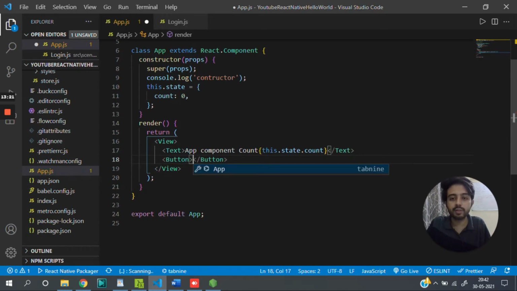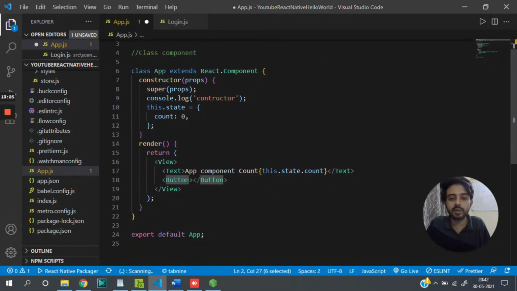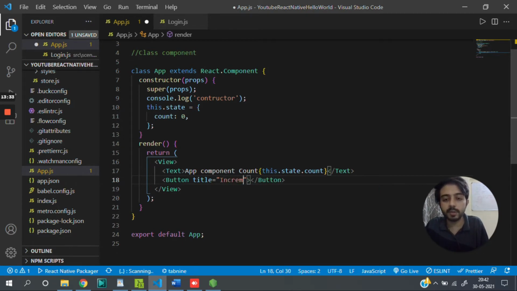Okay, and I have to import this button here. It is already imported, very good. Then next we have to give a title to the button. So let's say increment from app.js. Okay, and here you can write onPress, and inside this onPress you can